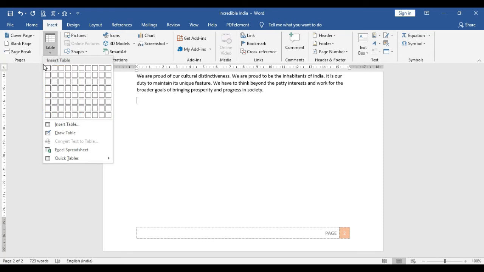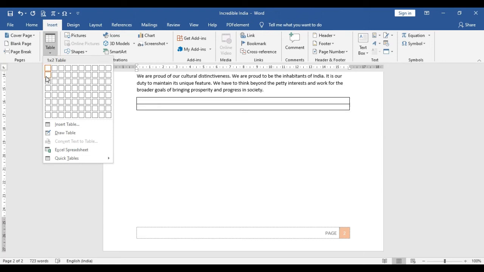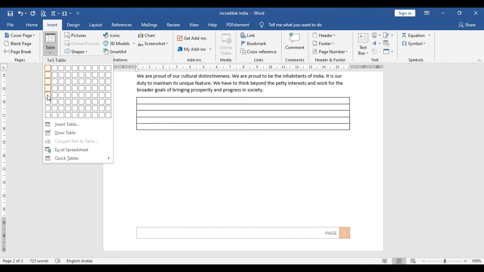So make a table of 5 rows and 6 columns. So 5 rows, 1, 2, 3, 4, 5 rows and 6 columns. So 1, 2, 3, 4, 5, 6 columns, and click here.